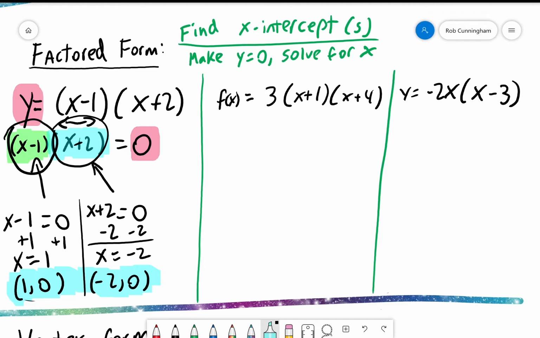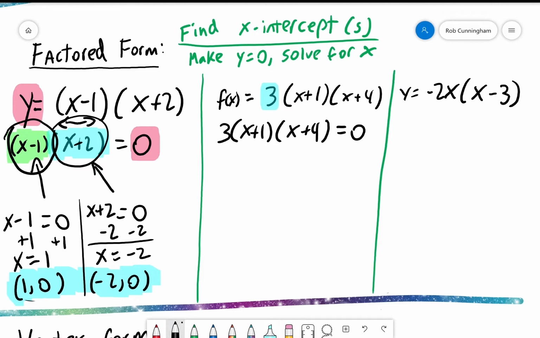Let's move on. In this second example, we have f of x equals 3 times (x plus 1) times (x plus 4). Now, a lot of folks are thinking, what does this 3 do? And the answer is not a whole lot. It is, yes, a factor. It is, yes, multiplying. But 3 will never equal 0. So we don't have to worry about setting that particular piece equal to 0. Instead, what we're going to do,